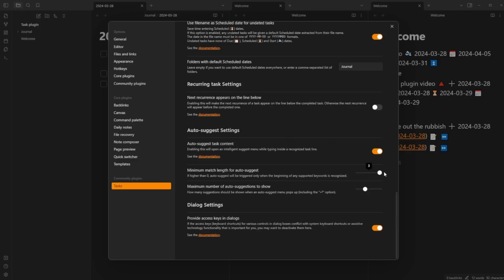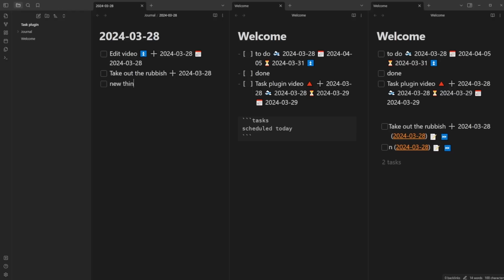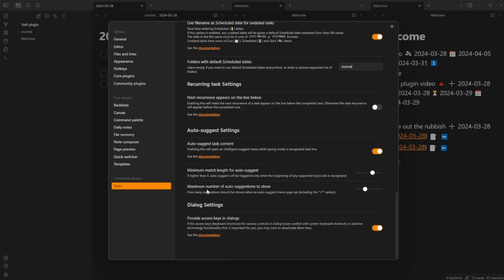So maybe you want that a little bit bigger, so maybe 3 letters. So I can then type something, new thing, and then I can type D, U, and then you need a 3rd letter of something the task plugin recognizes. So E, now we've got due date, or we've got recurring, or start. I personally have this set to 2,